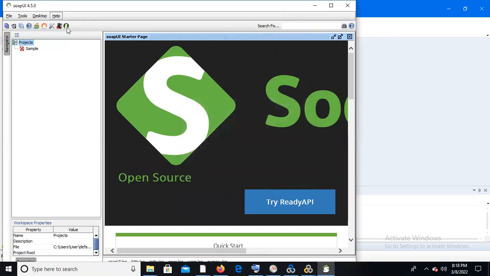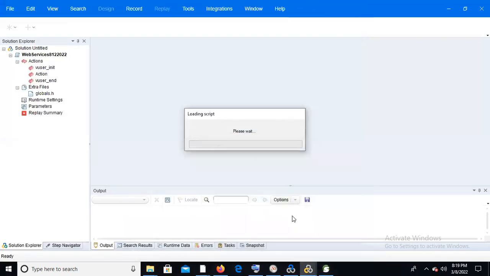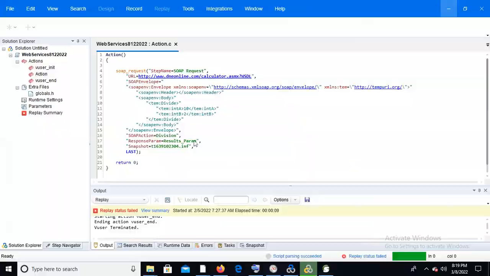Sorry? Yeah, this is a free, open source tool. You can install this one, and with the same tool we can do testing for the web service protocol. So before that, what we can do means